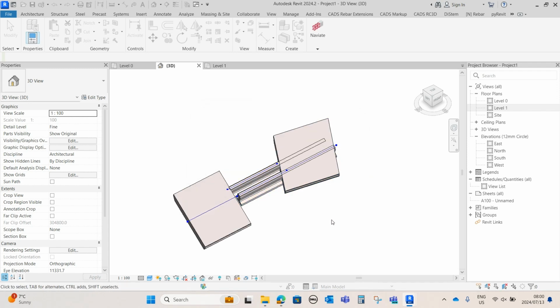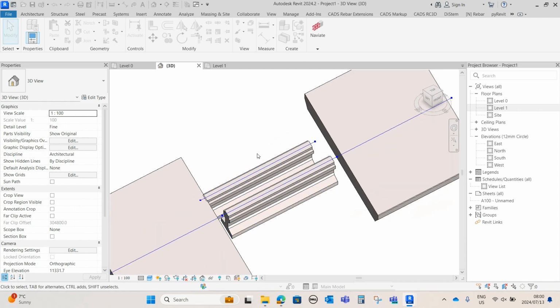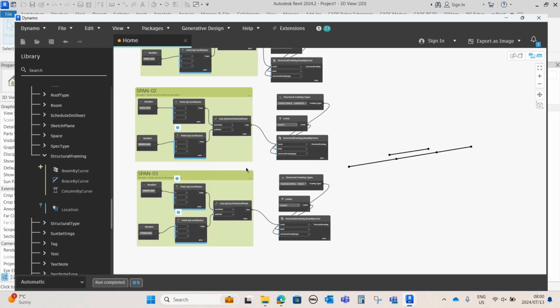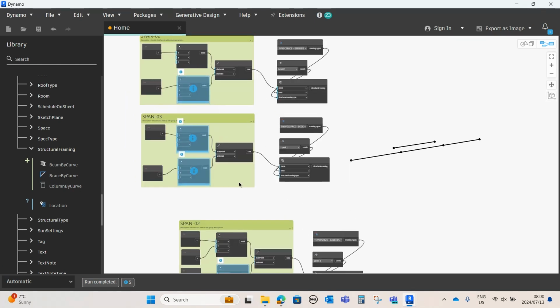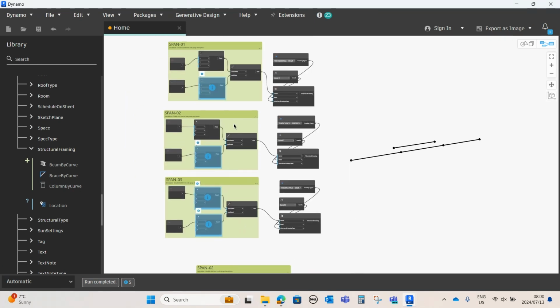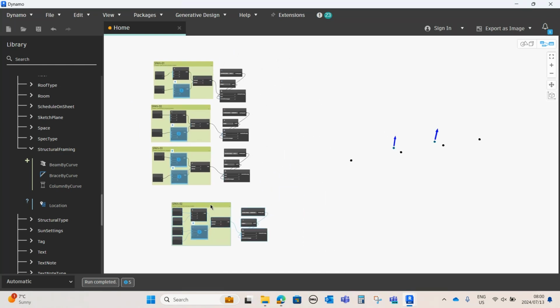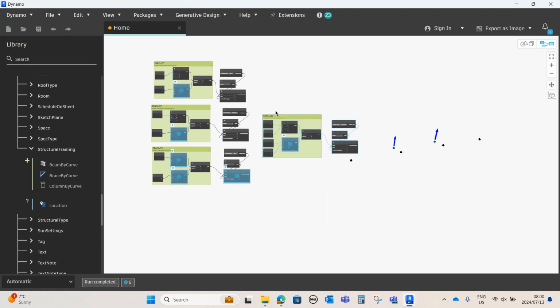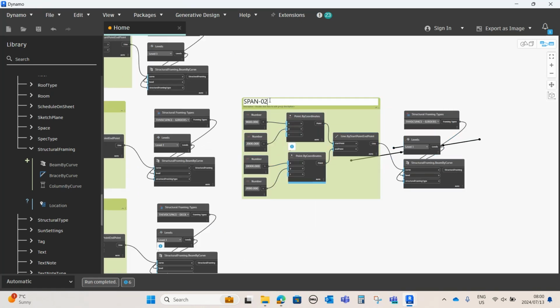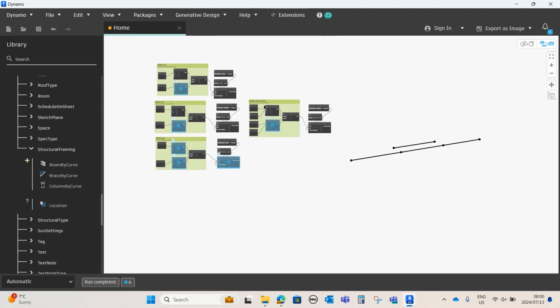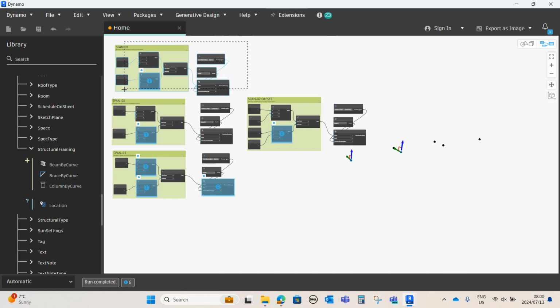Let's see, cancel, say undo, go to the Dynamo script. So yeah, I managed to say undo. So this one is for span 2. Let me just select it and then place it this side. So I'm gonna say span 2 offset, and then I'm gonna select these ones, copy them towards the right,